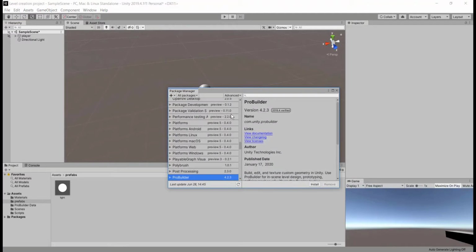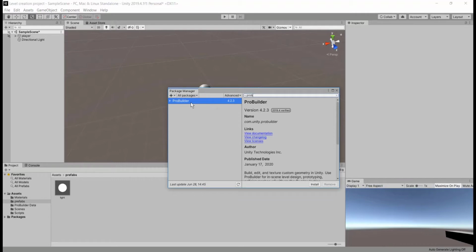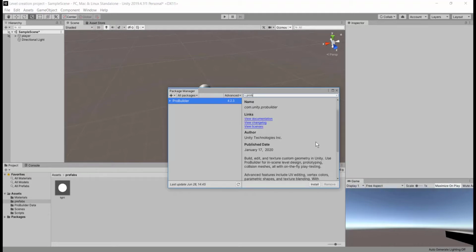Okay, this is the package manager window. You have several new packages that you can import. I'm going to search ProBuilder. Okay, you have this package here. It's a verified package for the latest Unity version 2019.4, and I'm going to install it into my project.